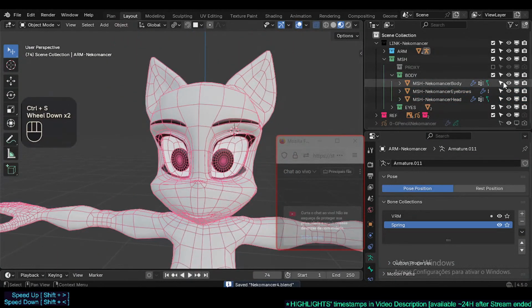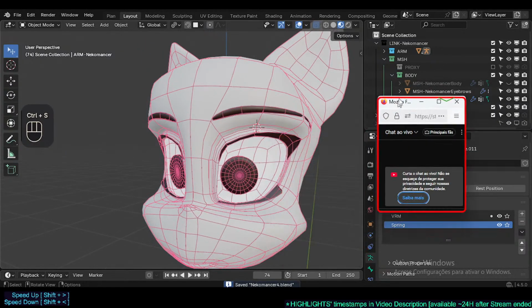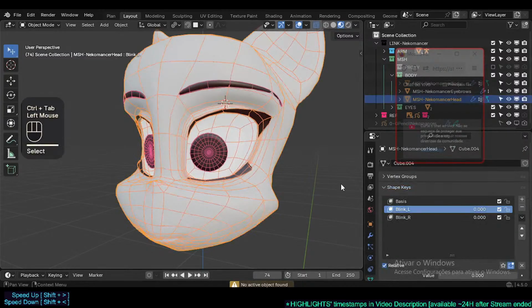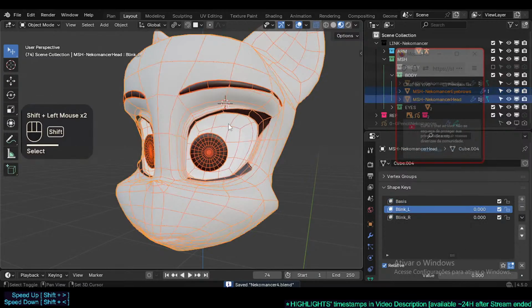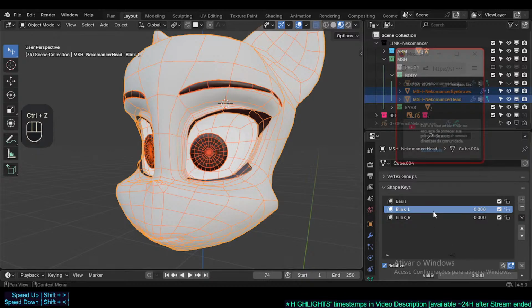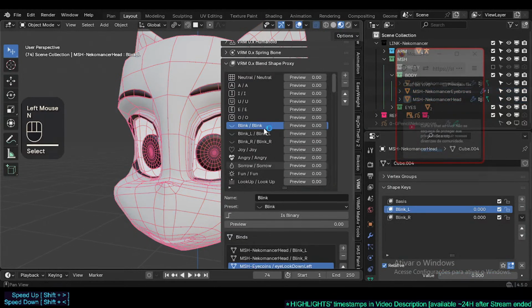We can hide the body. So we have this. It will be much easier if they are all joined, right? Like this. But no, we don't do that. We're gonna lose probably some. It'll go crazy, right? So the blink doesn't change the eyebrow. So you're gonna see what is our list of